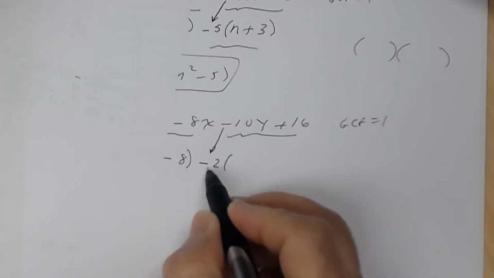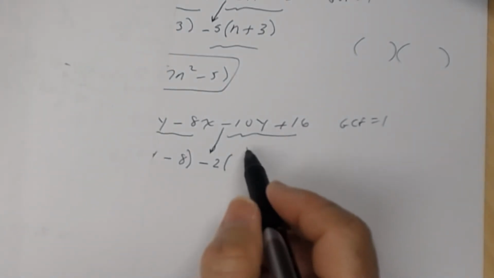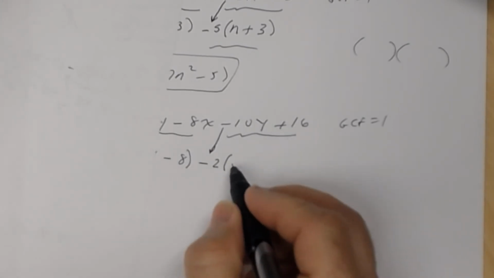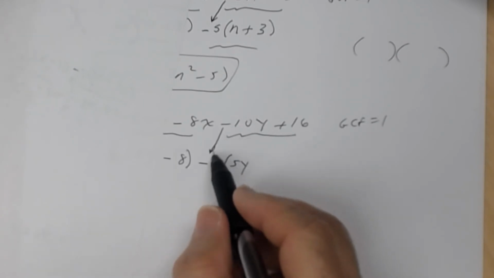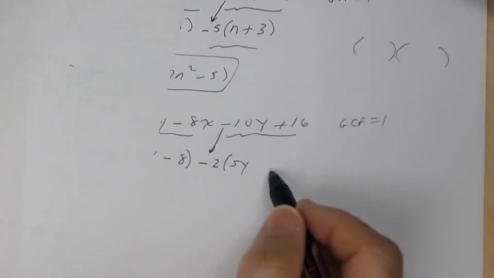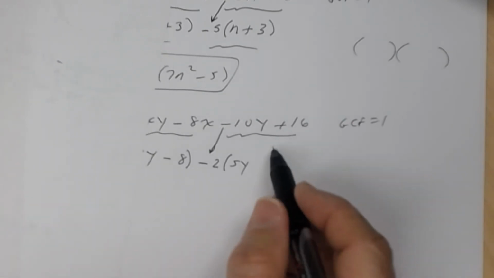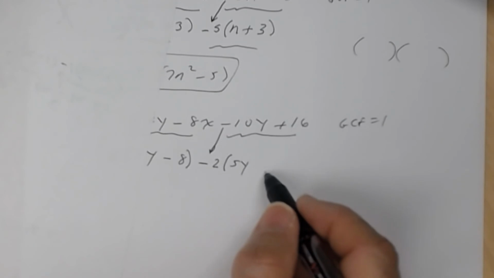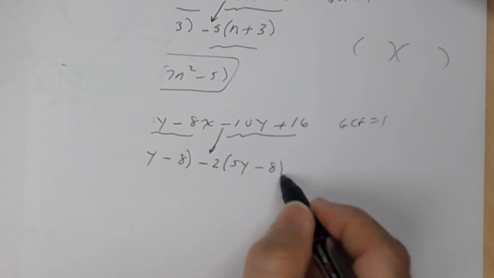When I factor out a negative 2 times what term, what factor is a negative 10y? Well, it's a positive 5y. Now be careful here because you are factoring out a negative. So don't put plus 8, because a negative 2 times a positive 8 is not 16. It's a negative 16. So you've got to factor out negative 2. So when you do that, you get a negative 8, because a negative 2 times a negative 8 is